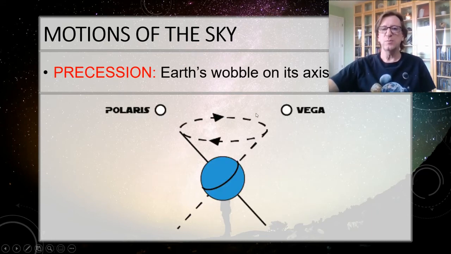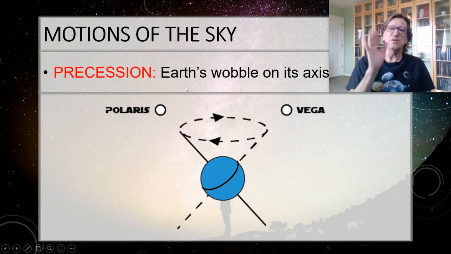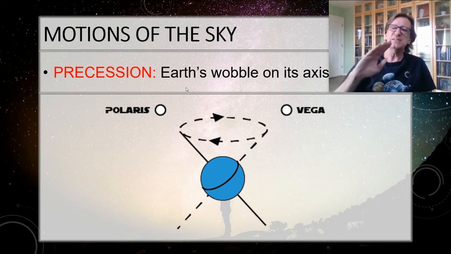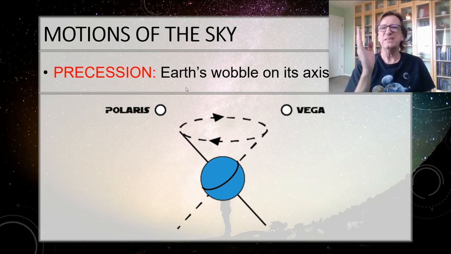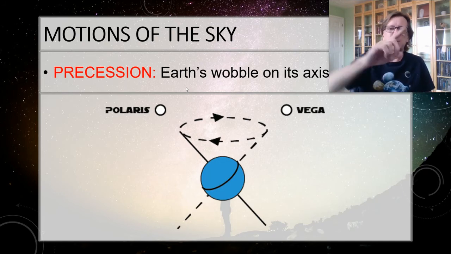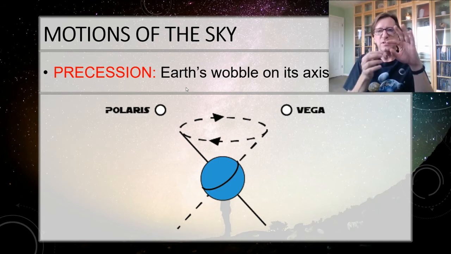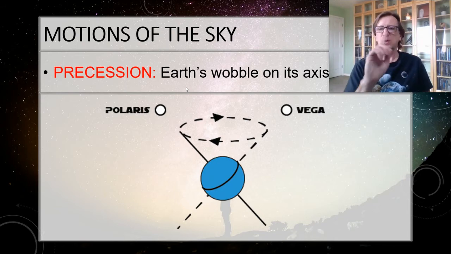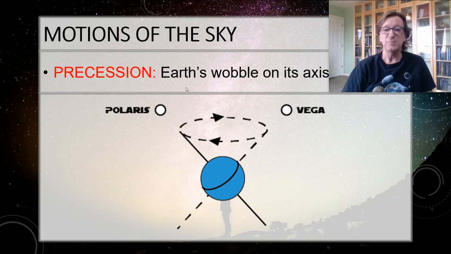All right, so there's one other motion, that's precession. Now, this is not one that you can generally sense in your lifetime because it takes 26,000 years for the Earth to precess once on its axis. So precession is a wobble. If you've ever played with a top, you know how that top will eventually start kind of wobbling like this, or you can take a quarter and spin it, and then that quarter will eventually start wobbling. That's precession. Well, Earth is just a top spinning on its axis here, so it's precessing.